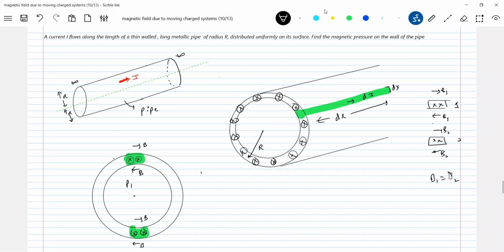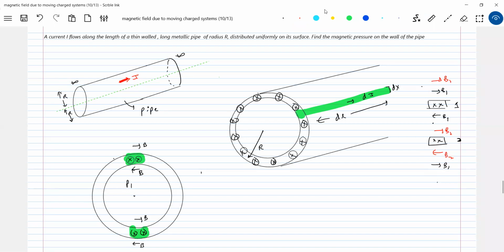What about the field at this particular point in between? It will be zero, no? What about the field here? These two will get added up, no? So what is our basic way of learning things? We use superposition. So here I should show B2, and the B1 I should show here. Will you agree? This is what actually happens. The field between the plates will be zero. The field external to the plates, like at this point, will get added up.